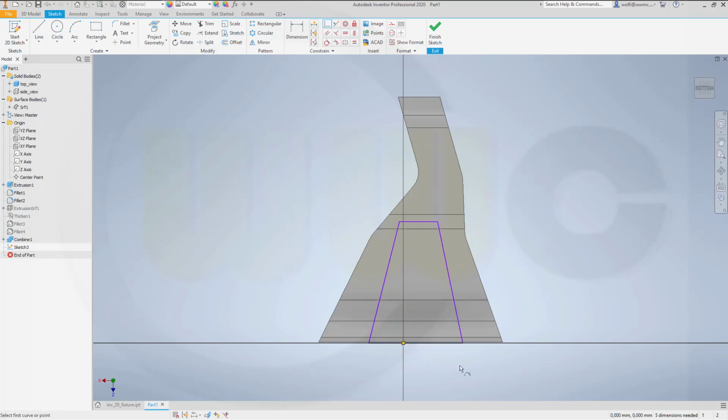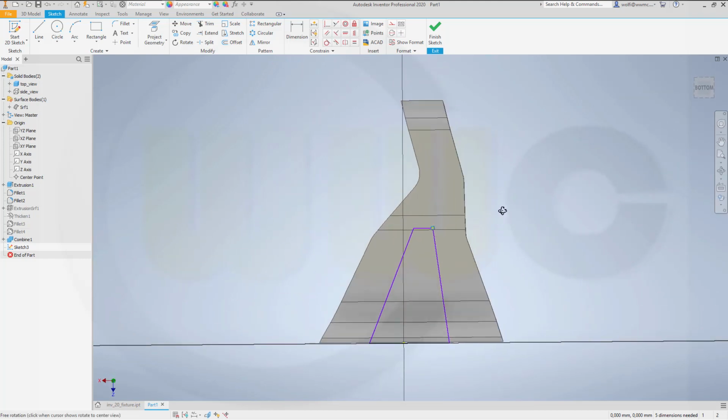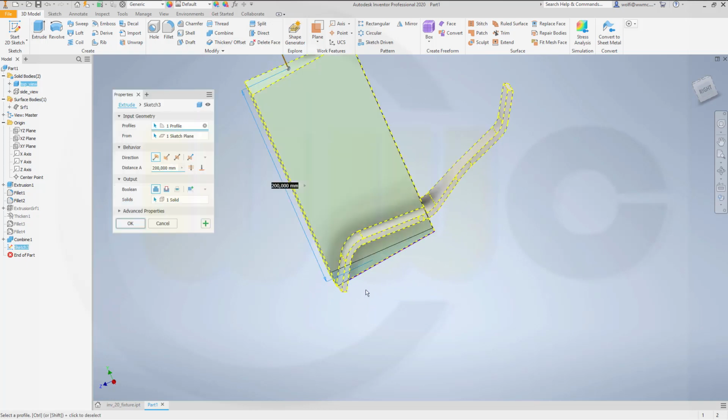So this point should be on that line. Now adjust this a little bit. So if I turn it around, it will be, finished sketch. Let's make another extrude with this one, make it 100, and of course it should be a new